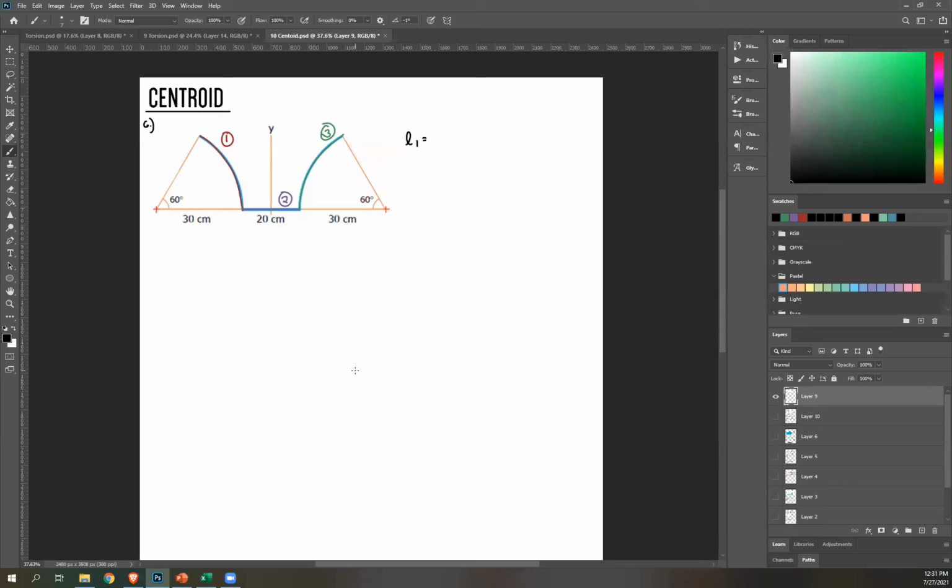So that's 30 times theta, which is 60. This is in degrees. We need to convert to radians, so times pi over 180. This is for every subject. Whenever you have an angle outside your trigo function, so outside sine, cosine, tangent, etc., always convert it to radians. But